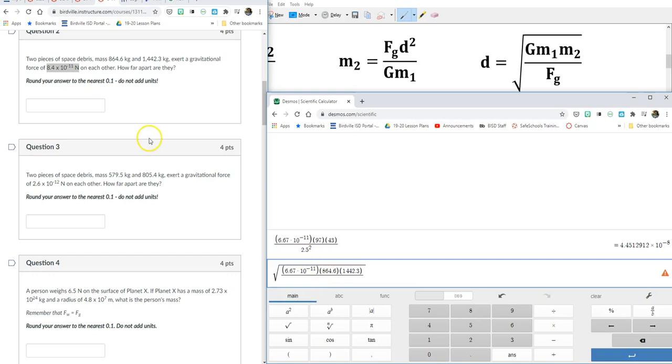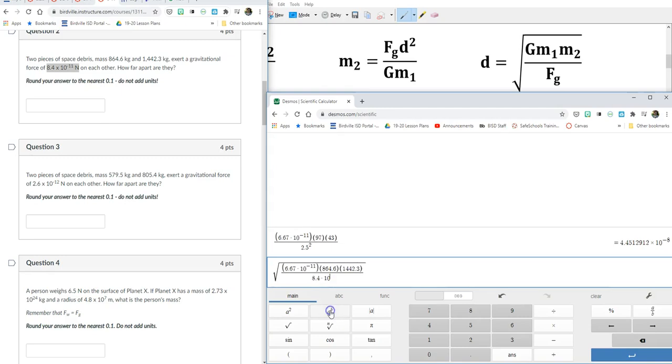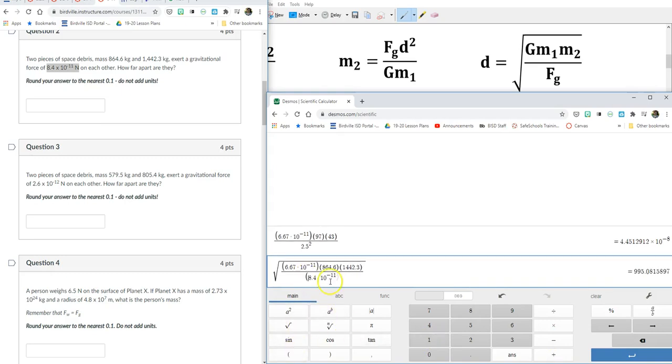On the bottom of my fraction is the force, 8.4 times 10 to the A to the B, negative 11. Just to be safe, I'm going to put parentheses around that to make sure that the calculator does understand that that's all one piece. And it does, and it's giving me my answer,